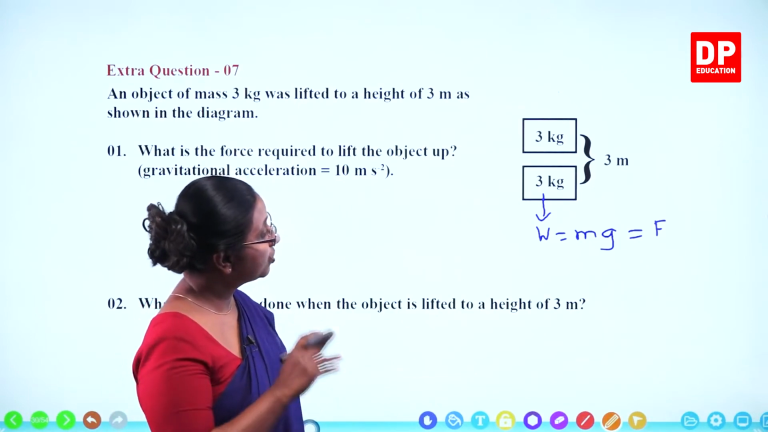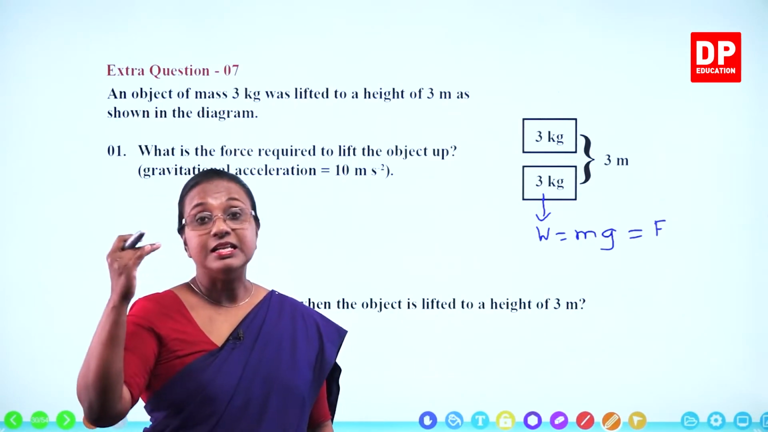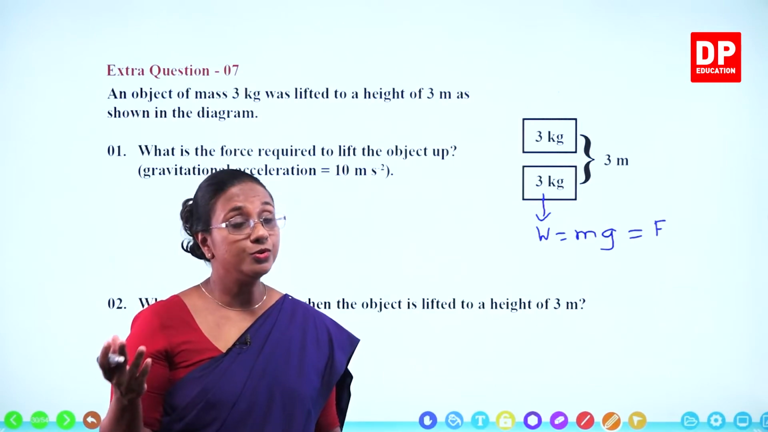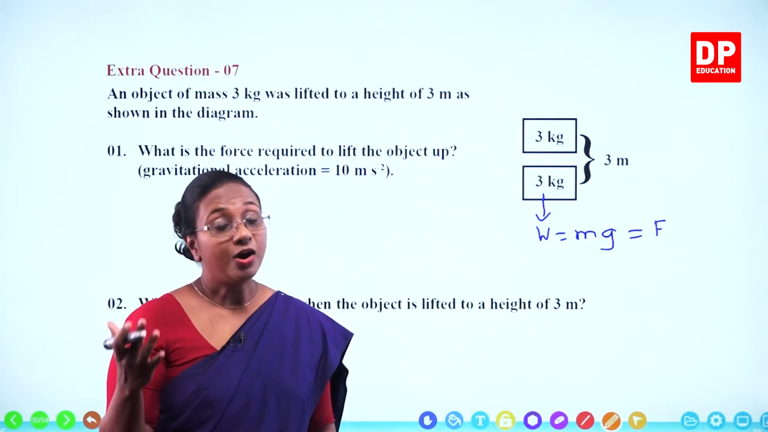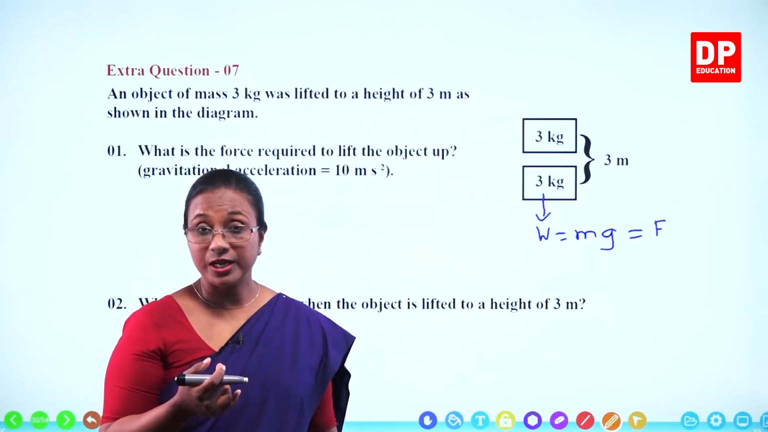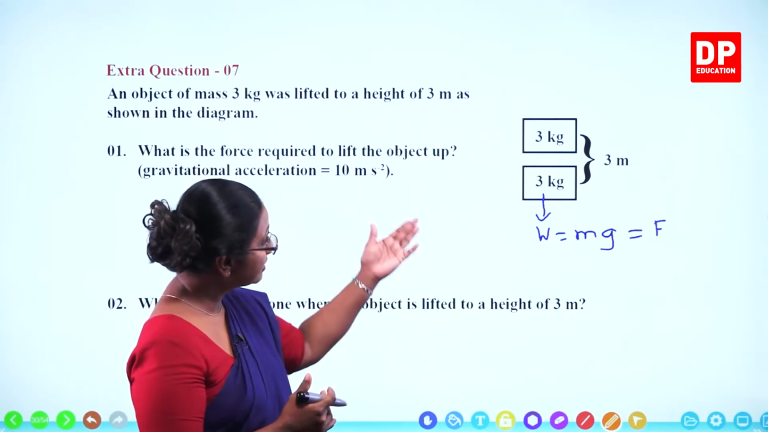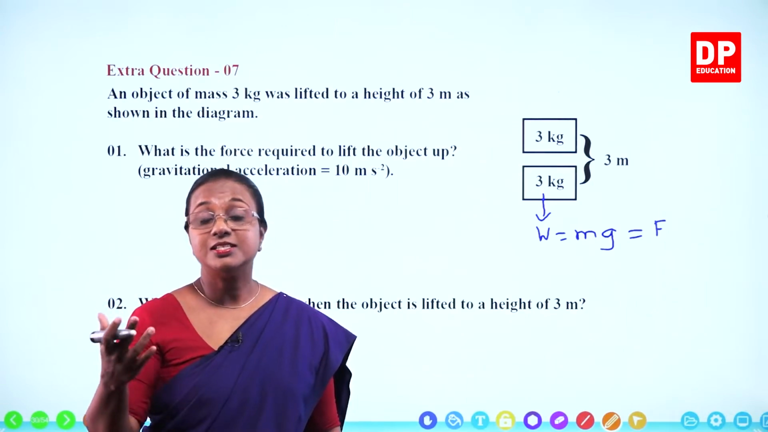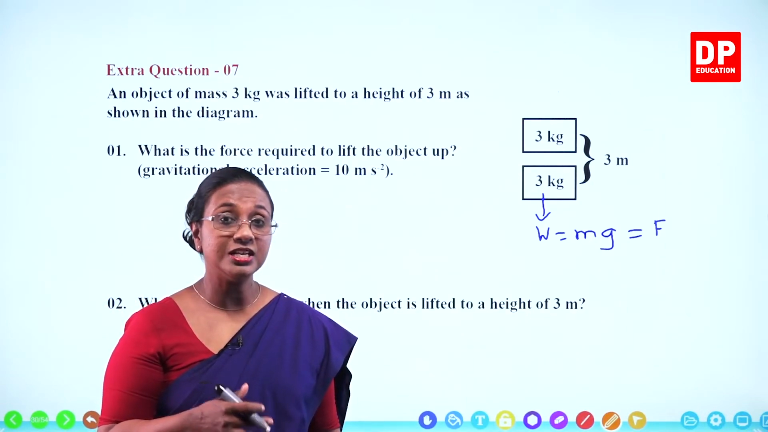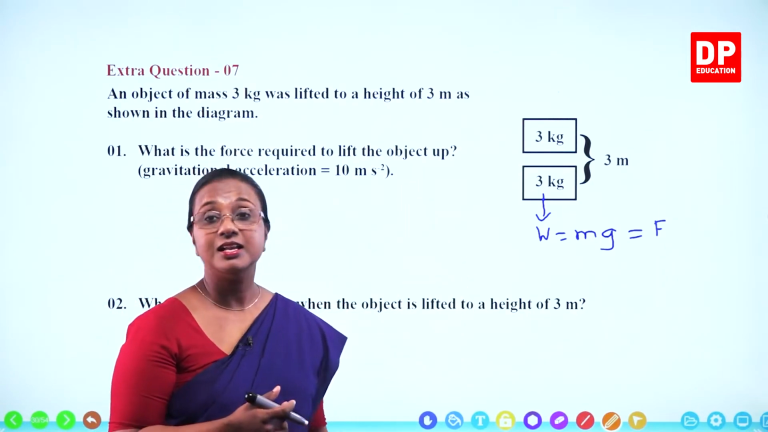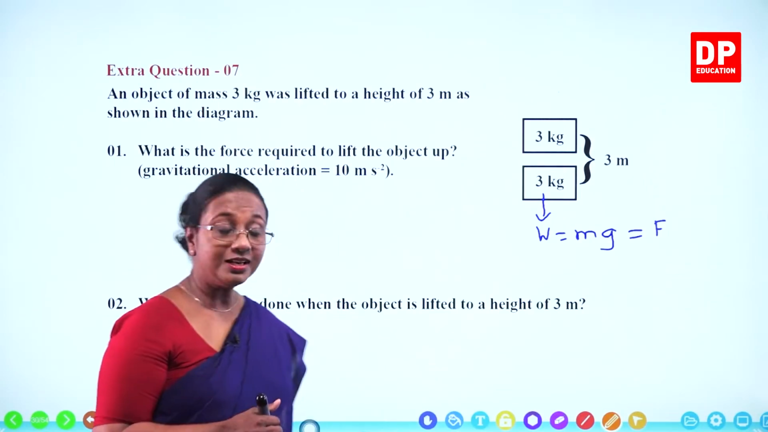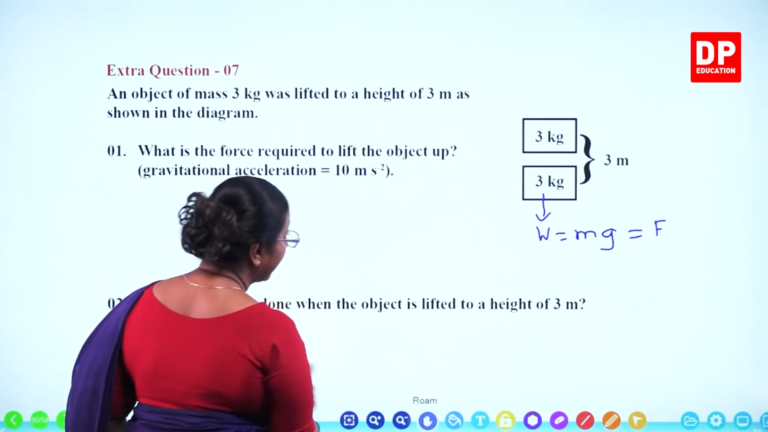So you know the force, you know the height, the distance moved by the object. So you know the work done. Or else if they ask you for the potential energy gain, you know mgh. M is the mass, 3 kilograms. G is gravitational acceleration and h is the height lifted. So either way you can calculate it. If we look at the questions,